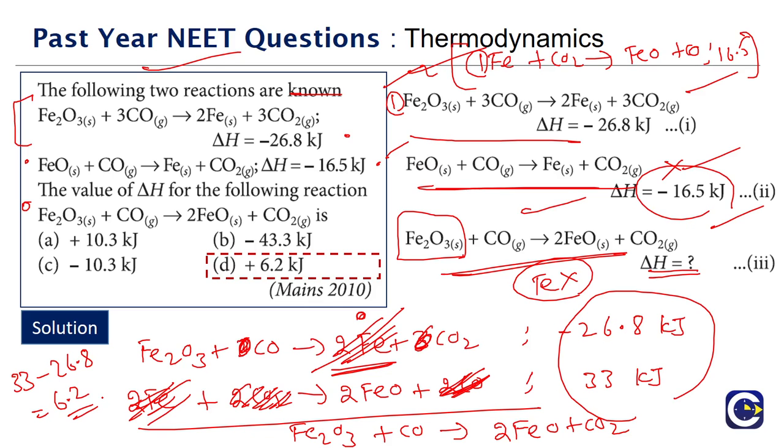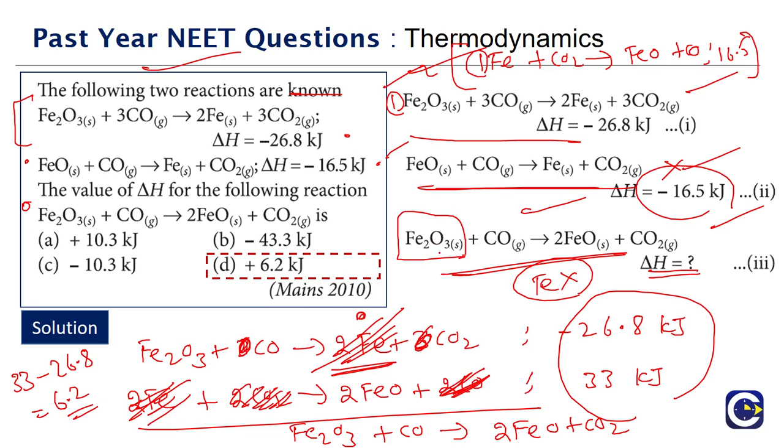So what have we done here? We are looking at the overall equation. The approach is that we take the given equations in a combination so that we arrive at the final equation. How do we arrive at that combination? We keep looking at the overall or final equation, see where a particular substance appears, and do the combination accordingly. So first, Fe2O3 is coming